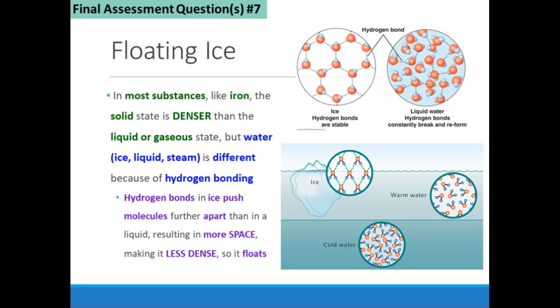So this is actually why water has a really unique property in that its frozen state actually floats. So most substances like iron, the solid state is actually denser than the liquid or gaseous state, which means the solid will sink. But water is different because water actually floats when it's frozen, and this is because of the hydrogen bonding. So normally the hydrogen bonds,